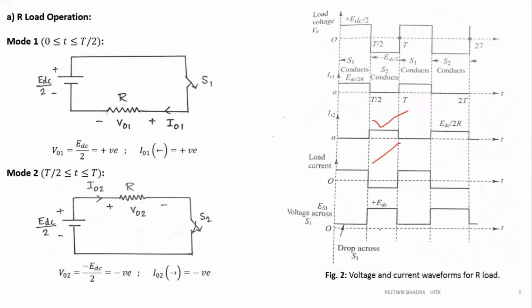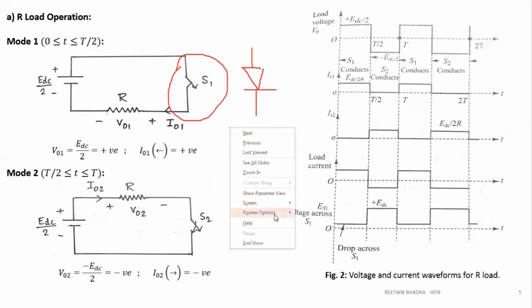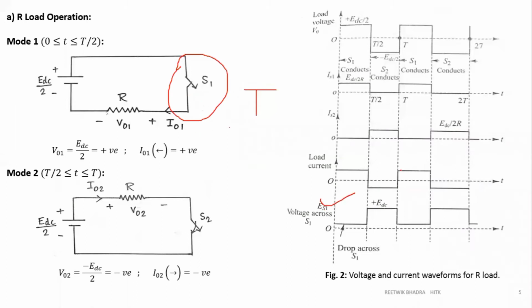This is for single switches, meaning one-sided, unilateral devices where current flows in only one direction. All of them are unilateral devices, and we are talking about MOSFET, BJT, IGBT, thyristors, diode, all are unilateral devices. So I'm leaving this up to you: you can find out what the voltage drop across the switch will be. Easily you can find out.